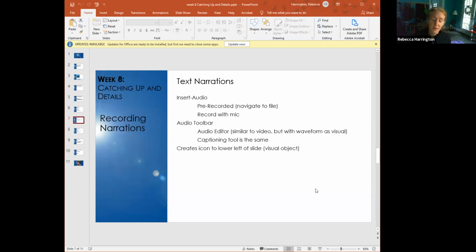So when you're creating your slide and building your slide and kind of working around with it, you have a visual cue that that audio does exist in there. Because with the video, we have a screenshot that we can see and play with, but with the sound stuff, you don't get that same thing. So we'll just point that out.